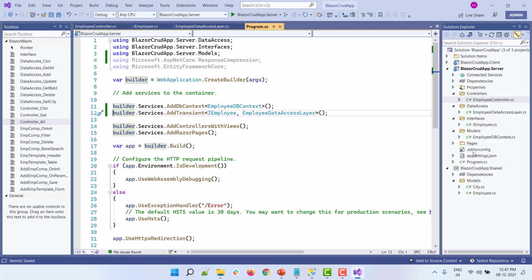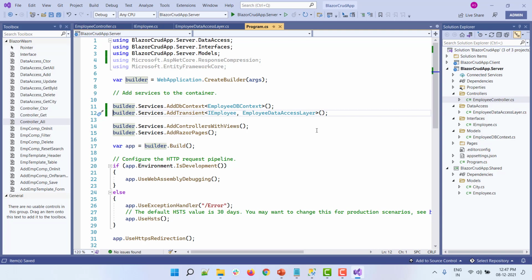However, if you have an old application, let's say from .NET 5 or .NET 3, and you want to upgrade to .NET 6, in that case you can use a startup.cs file. The old architecture is still valid and supported. This new architecture is just a minimal model which allows us to write code in a better and cleaner manner. So that is what we are going to use, since we are creating an application from scratch.